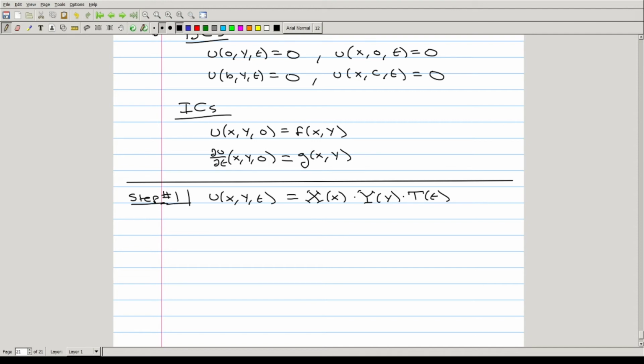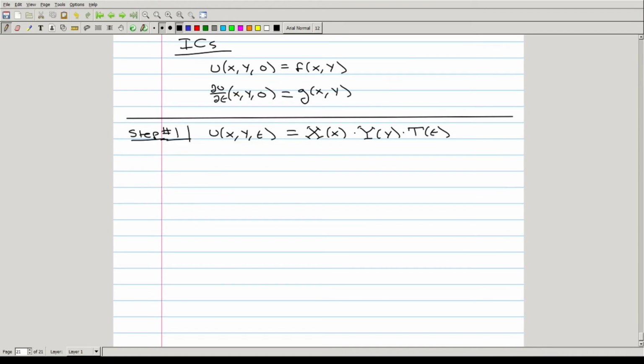And when we plug into our PDE, this ends up becoming a squared times x prime prime y t plus x y prime prime t is equal to